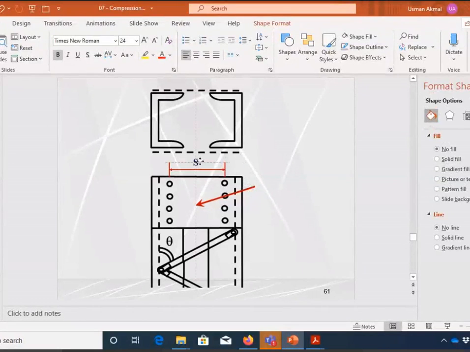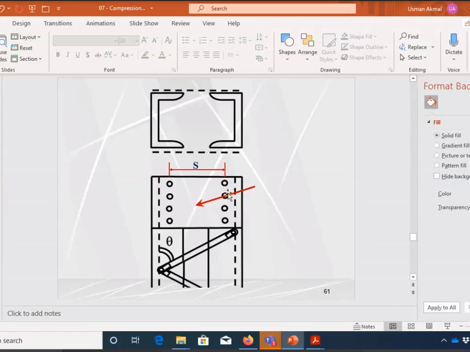So this is the S. From the center line of the fastener on the one section to the center line of the fastener on the other section, and we can denote it by